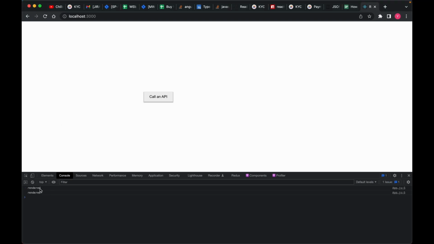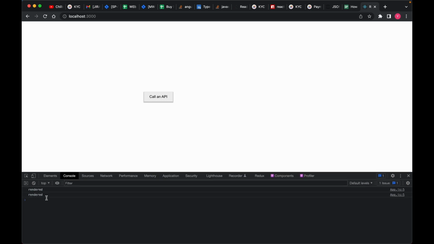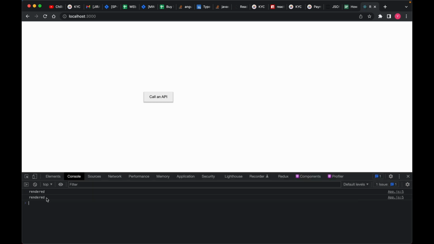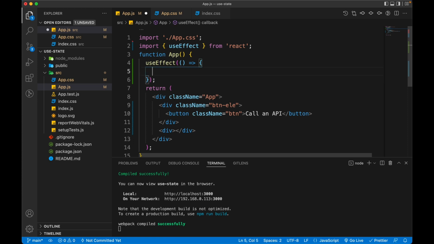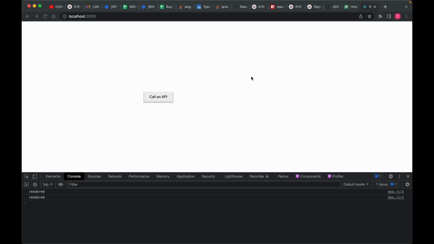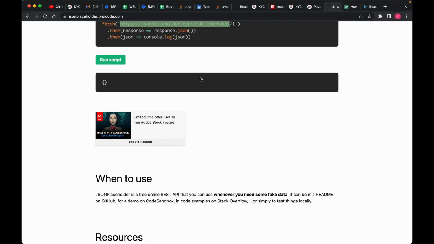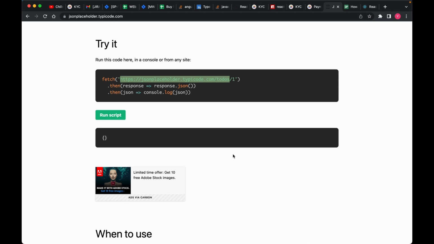Now you can see in the console that it says rendered, right? Okay, so now what we are going to do is make a network call to this API, which is jsonplaceholder.typicode.com. Let me copy this,